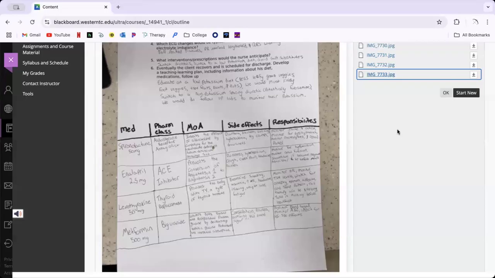Okay, tell us about levothyroxine, Mackenzie. Thyroid replacement or supplements of the T4. Side effects: angina, tachycardia, abdominal cramps, weight loss, headache, irritability. Nursing things: assess the apical pulse and blood pressure prior to administration, and monitor thyroid. Good. So taking it for hypothyroidism, right? Yep, okay. And then we have metformin.